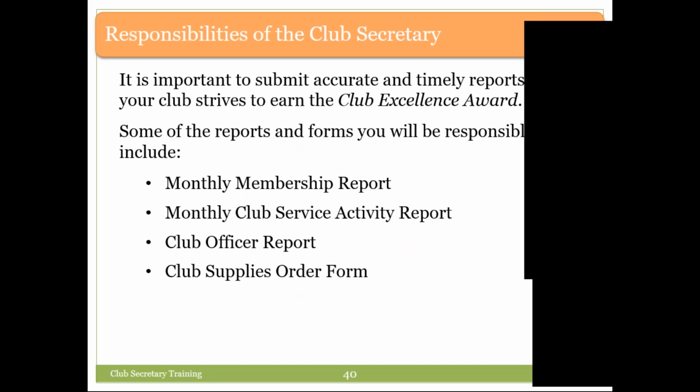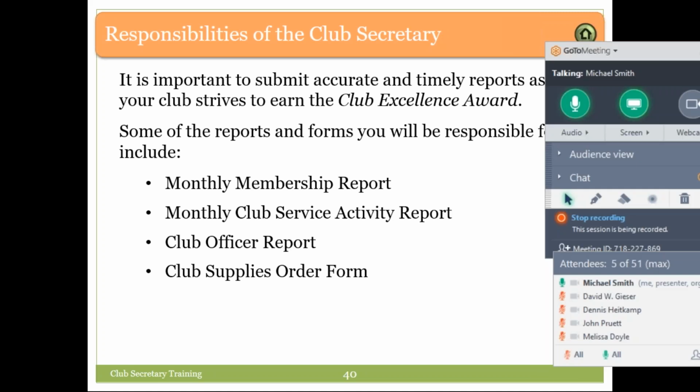Some of the reports and forms we'll be responsible for include the monthly membership report, the monthly club service activity report, club officer report, club supplies order form. Yes, only you and the president as secretary have the right to bill the club at the Lions Clubs International store.